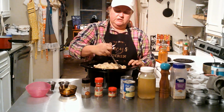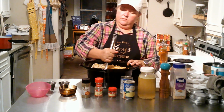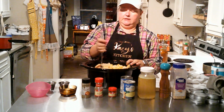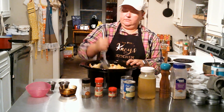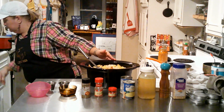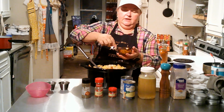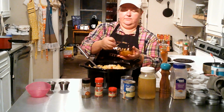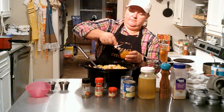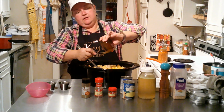Alright, let's mix this up just a little bit, just kind of fluff it up a little bit. We don't have to mix it too well just yet. It's a little hard to mix right now anyways. Alright, we just toss it around a little bit. And next we need our 2 well-beaten eggs. And these are from our farm. Well-beaten eggs go in,